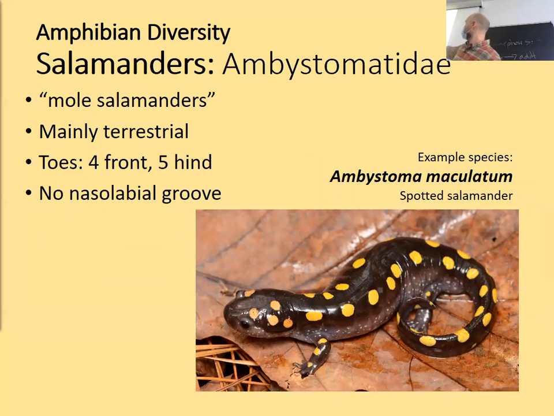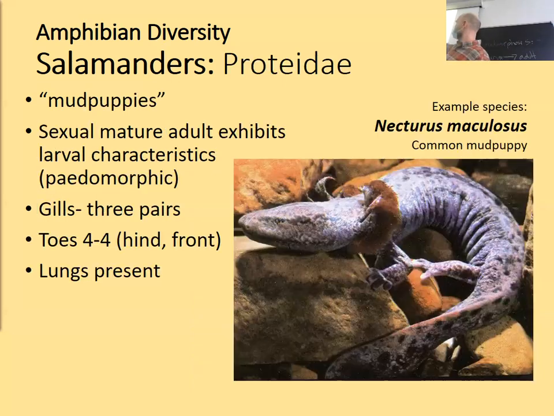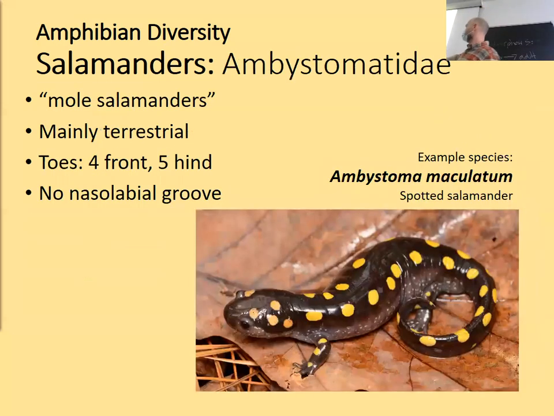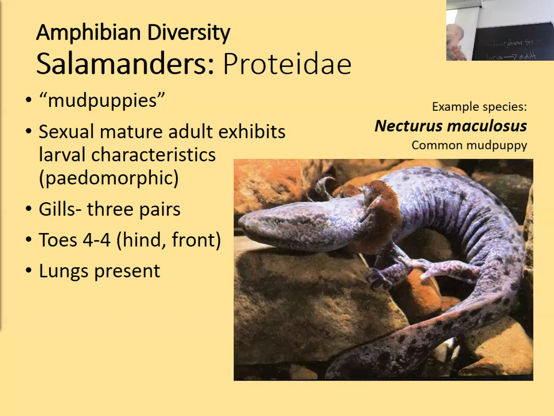And so the larvae of these guys, I don't have a picture, actually looks a lot like this. And so if you get one in a jar, do we have any of these guys in a jar around? Those are mud puppies, right? And then, yeah, I was just, okay, we don't have any. I thought maybe we had some larval mole salamanders, but the larvae of these guys look similar to this. But if you count toes, you'd be able to tell the difference. So you count the toes on those guys, and you should see that they have 4 in front, 4 in back. They're entirely aquatic, but they do have lungs. They can air breathe as well. And they also exchange gas through their skin too.